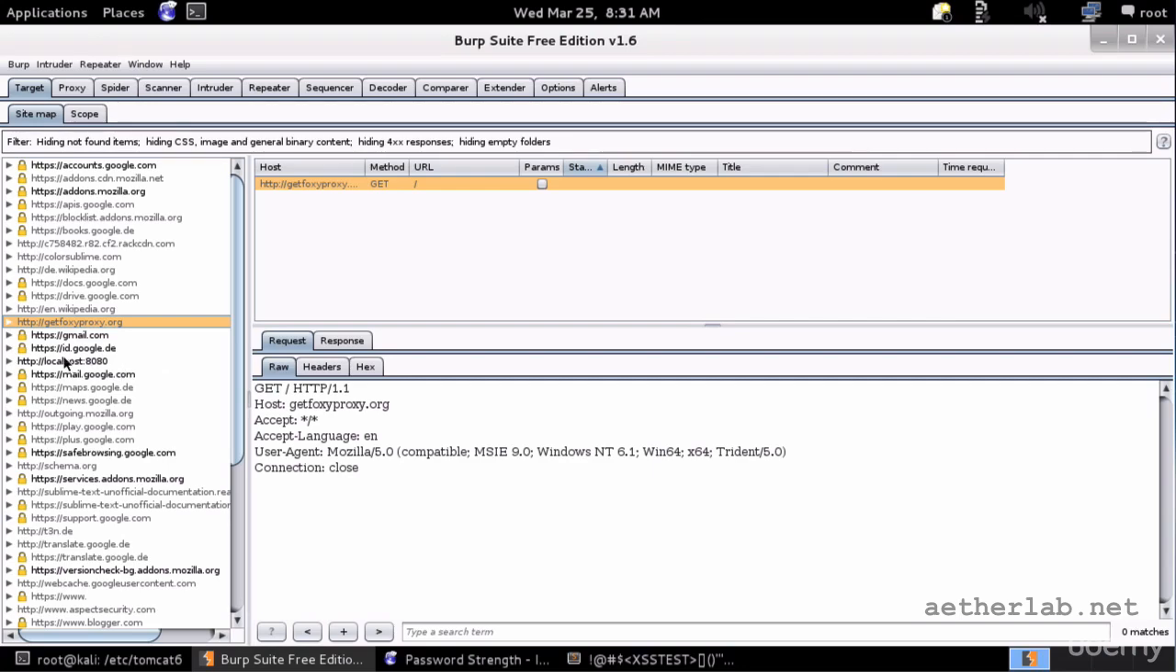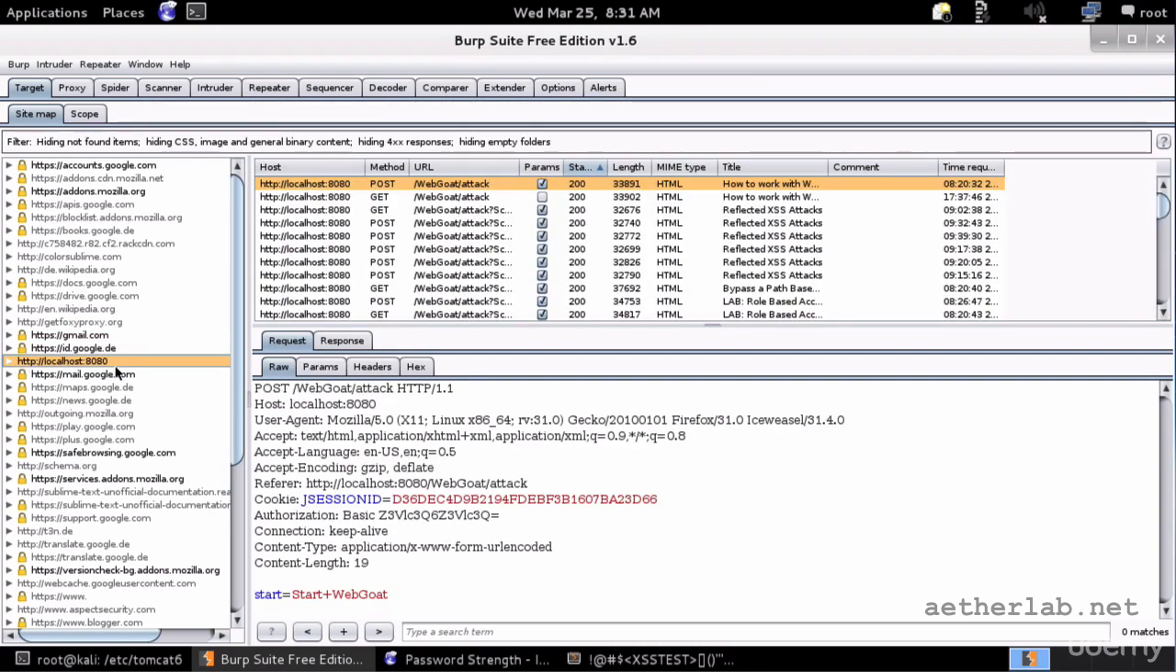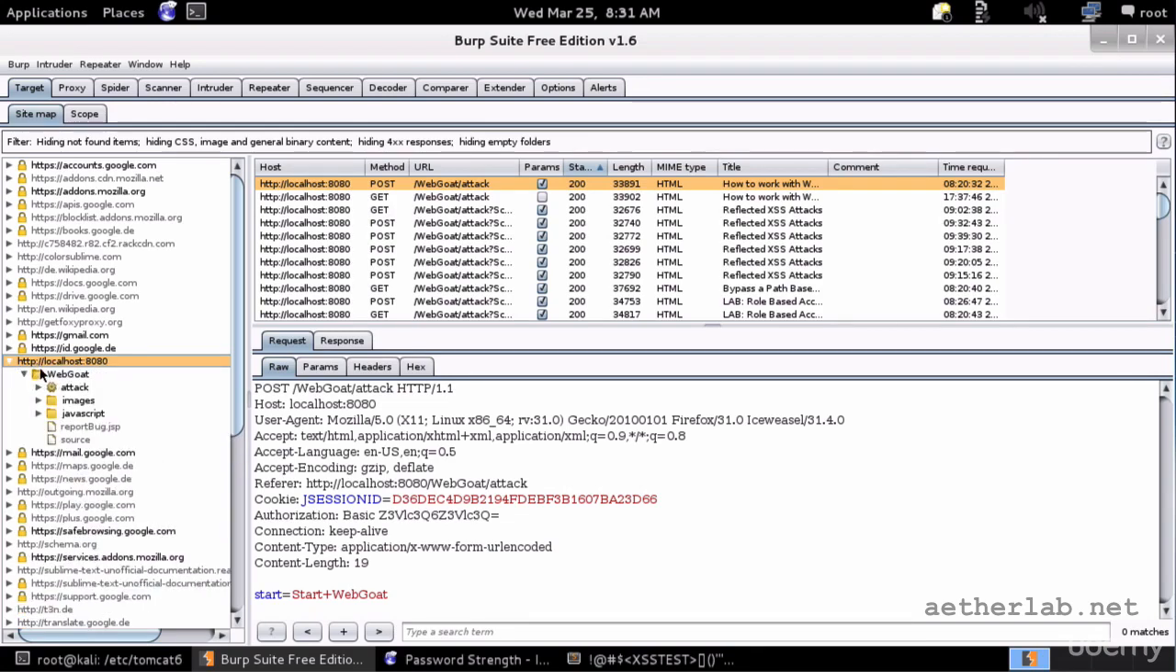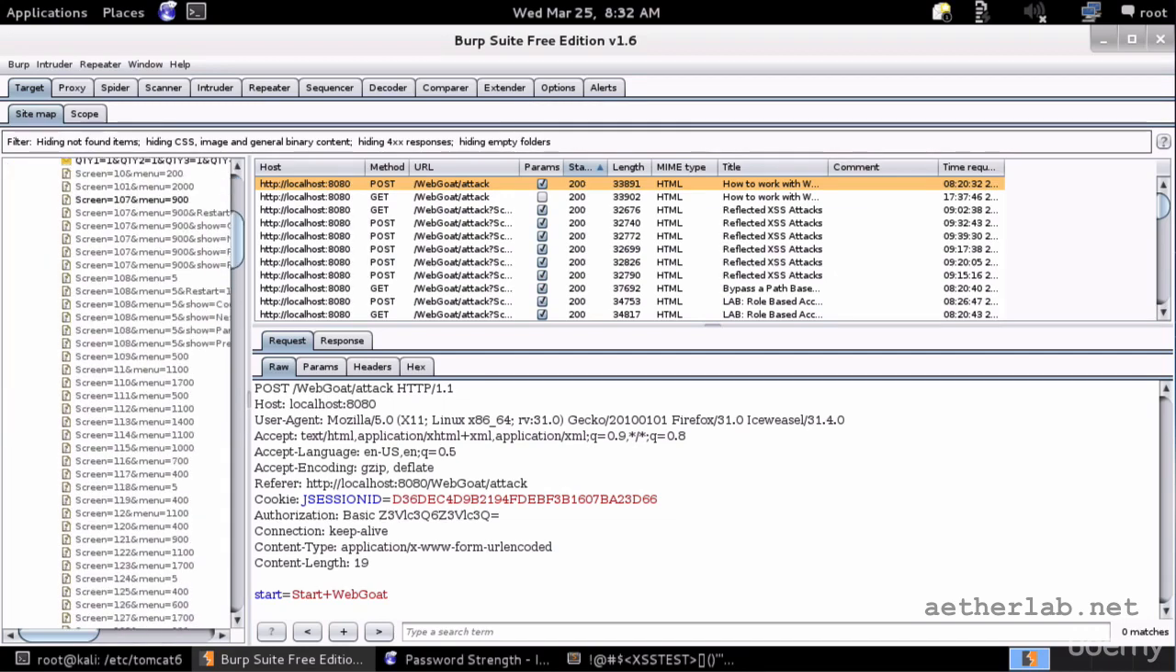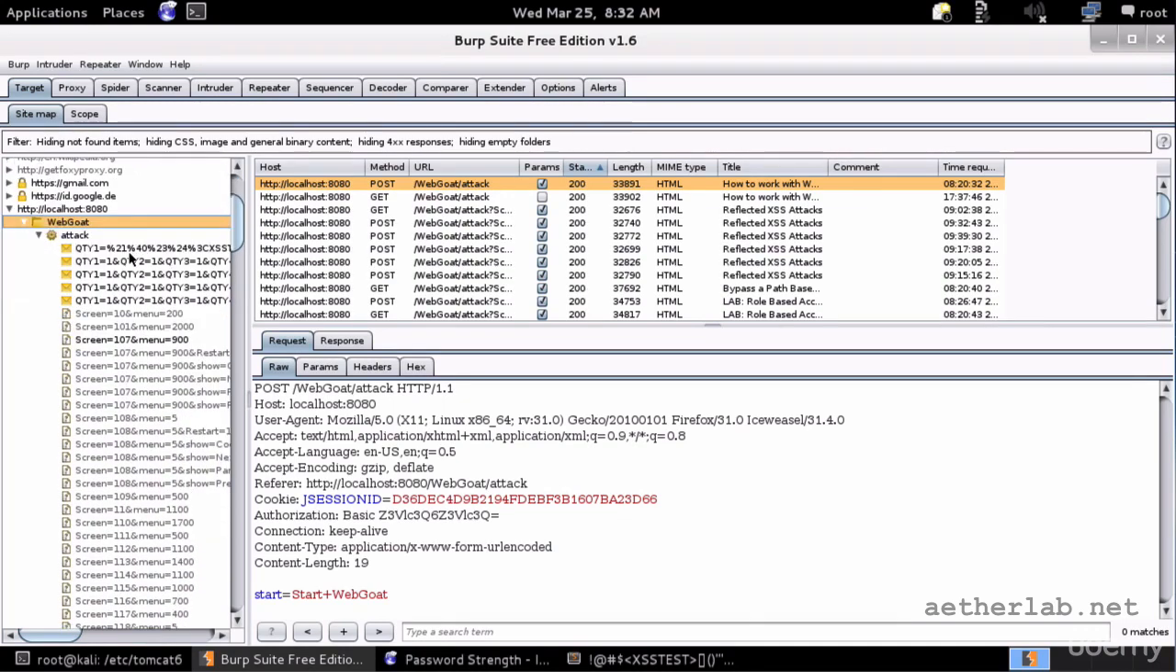What's important for us right now is that this is the application which we are testing at localhost on 8080, and if we open it, then we are following the structure of the URL. So if you go into webcode, then that was the webcode, and then here's the attack. So in the webcode folder there was the attack, and there were the images, JavaScript, etc. And for instance, if we come here to the attack,